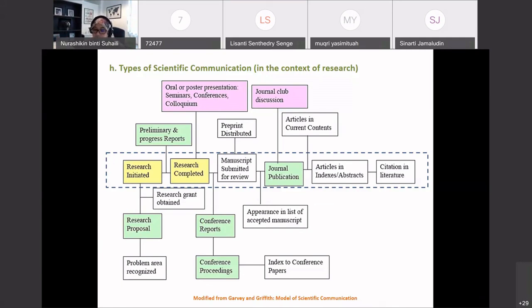Citation in literature is where we cite other authors for their information. For example, if later you write a research proposal, you have to read articles, right? Those are articles published in the journal. Whenever you want to use their information, their results, in your research proposal, you have to cite them. What is meant by citation is when you say, for example,